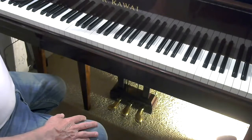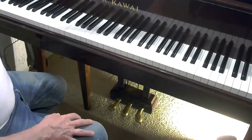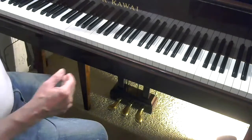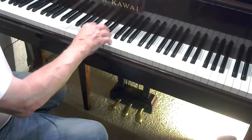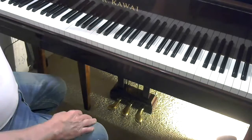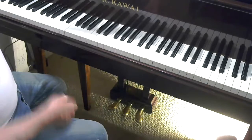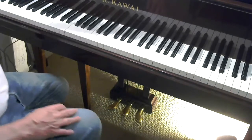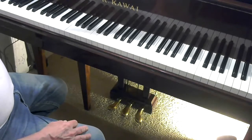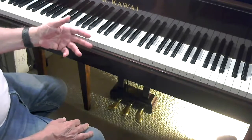But anyway, it's not the piece that matters. No piece ever matters with a piano student. It's what tools he's picking up as to where and how he's going to deal with striking the keys. A lot of kids never learned how to strike keys. They didn't learn how to do it. In that piece, there's virtually no legato. You could make a case for it, but I don't believe you need it. Nothing goes quickly. If you had to go fast, then you would need to use some finger legato. But this is...